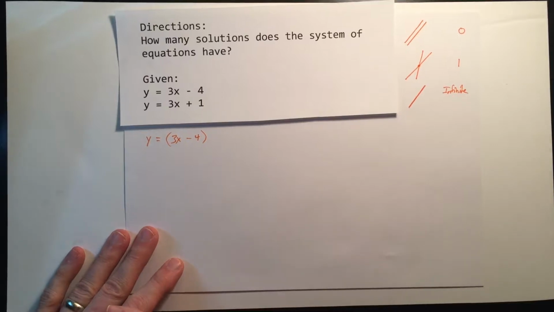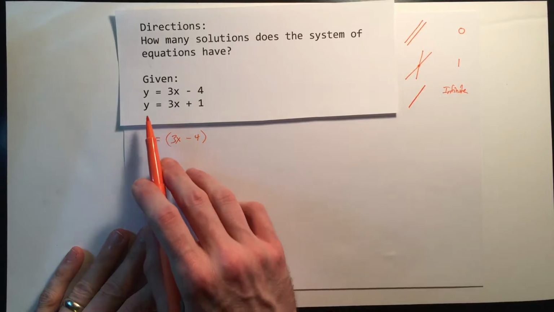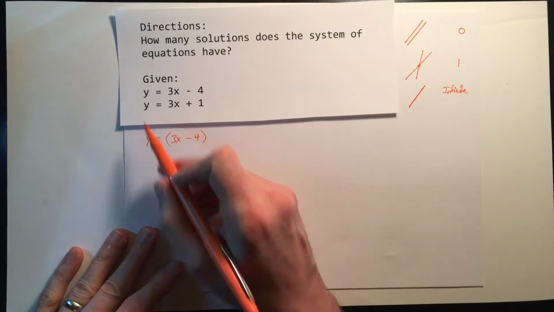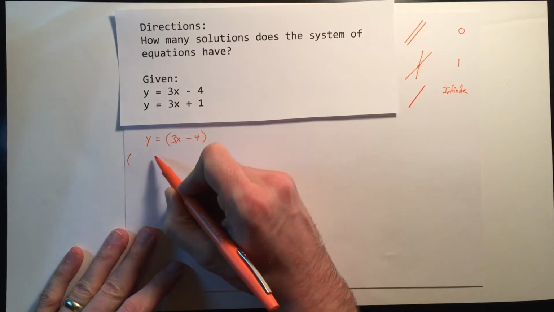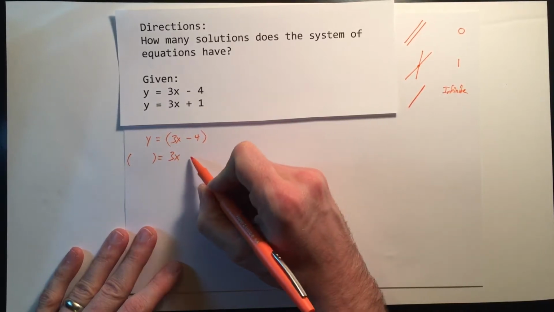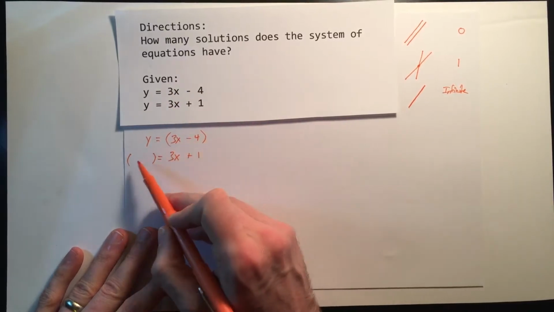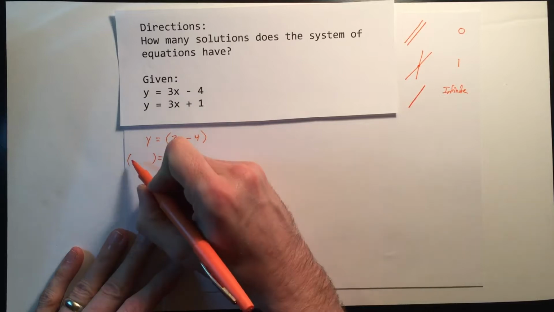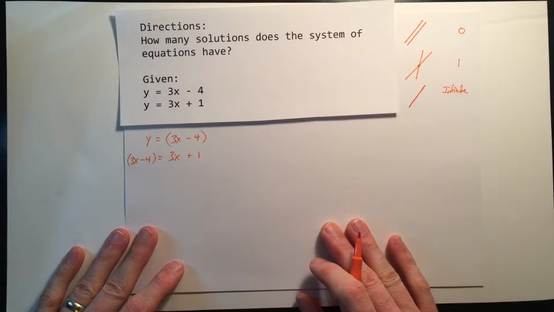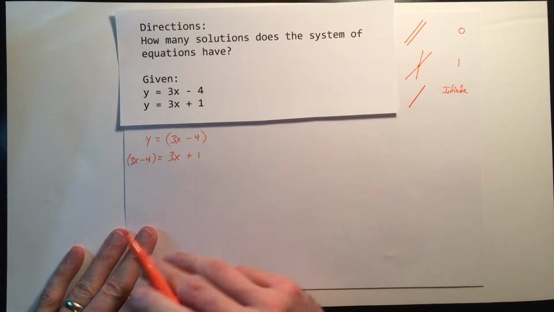the stuff on the opposite side of the equation as the variable, so y equals this stuff, and you substitute it into the other equation, so in this case y equals 3x plus 1, for the variable y in this case. So using parentheses, that's the y equals 3x plus 1. I'm going to substitute the stuff that I know y is in this other equation in for y in the second equation. Okay, and so now we need to simplify this